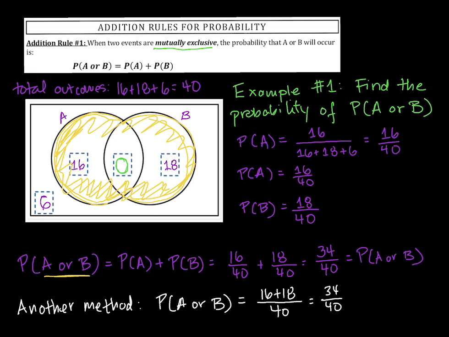So if the two events are mutually exclusive, you can usually choose either option, right? I wanted to show you using the rule though. All right,